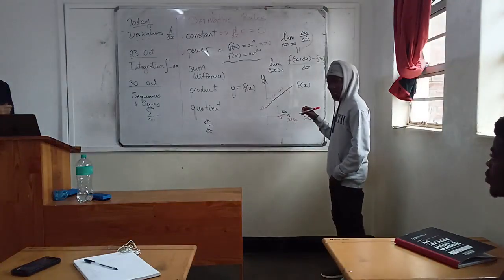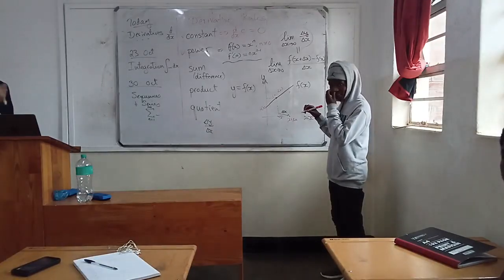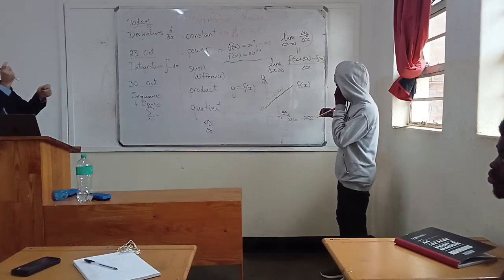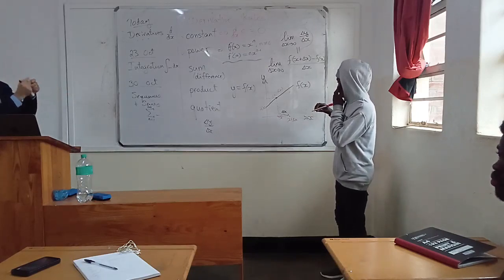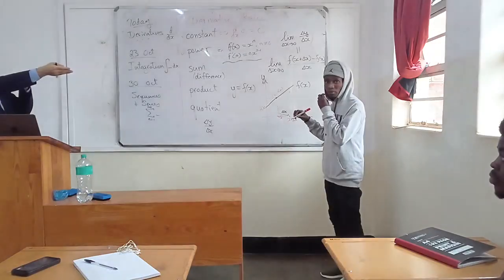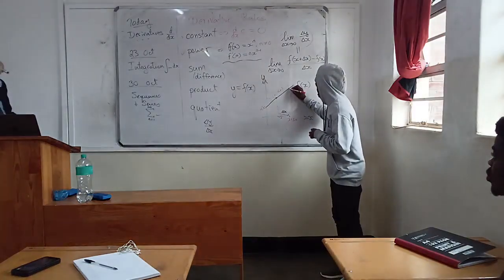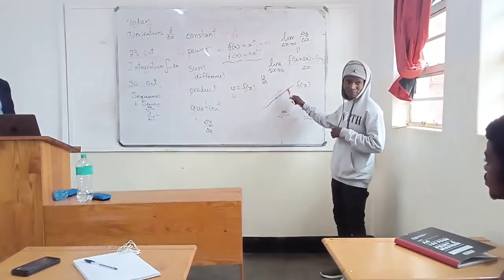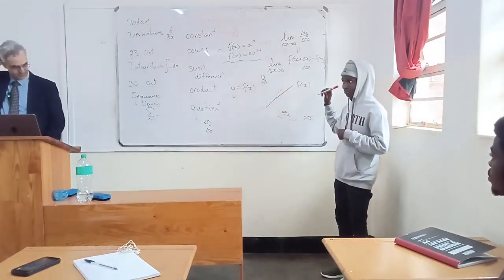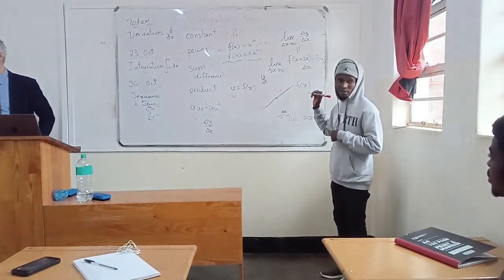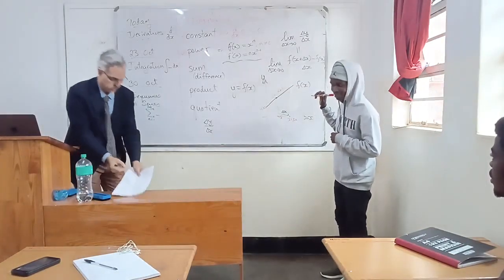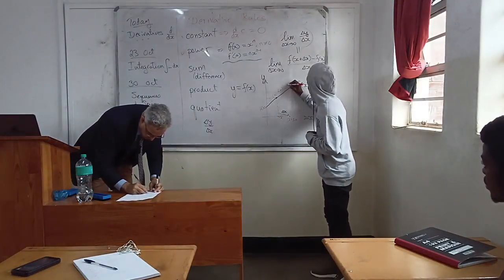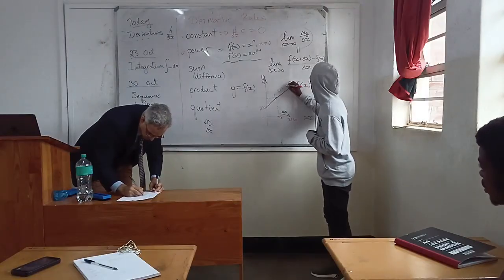We started with one point x, and delta x is a distance, a difference, so we go some amount further. Tell me the coordinates of this new point. What is the x value? x plus delta x, comma,